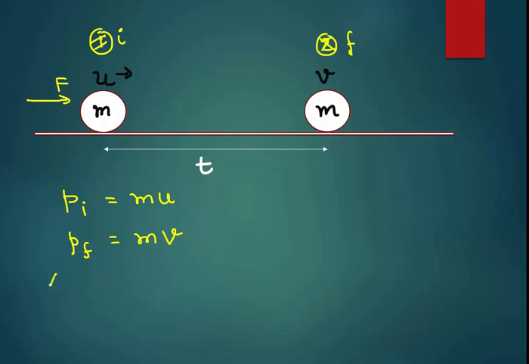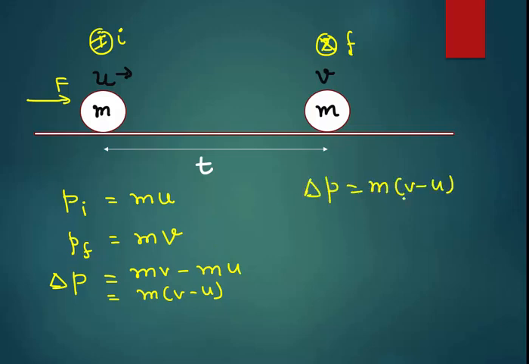And if I want to find out the change in momentum, which I'll denote by the symbol delta p, I will get m into v minus m into u. Final momentum minus initial momentum, that is m into (v minus u). So change in momentum is given by m into (v minus u). And if I divide by the time t on both sides,